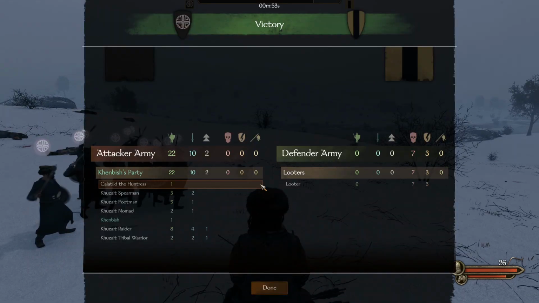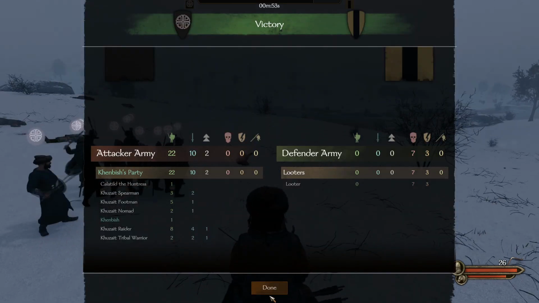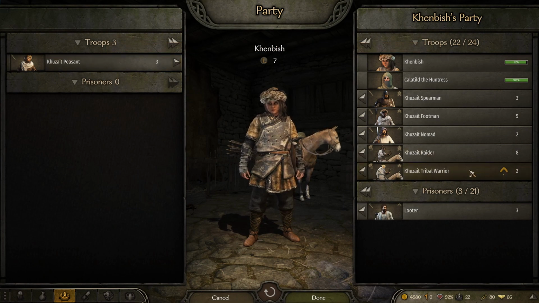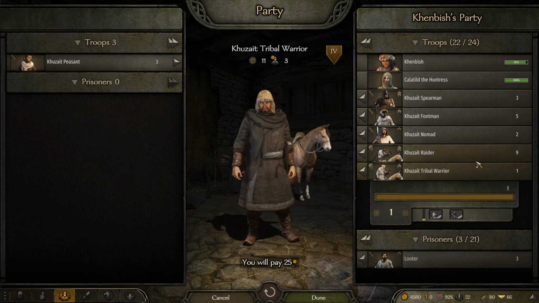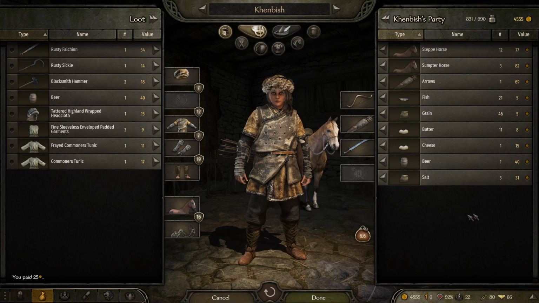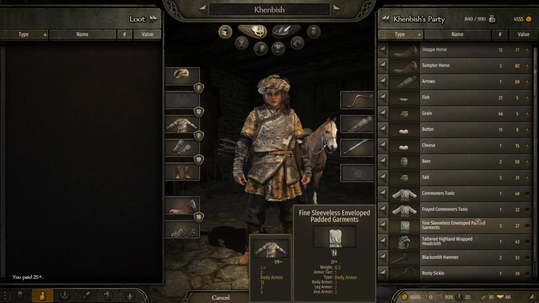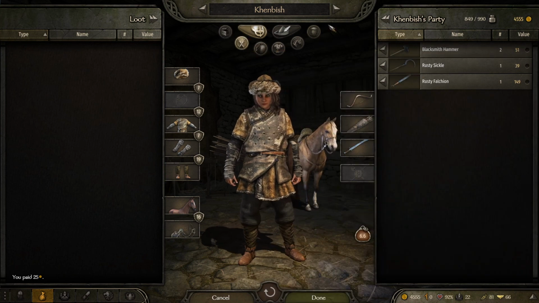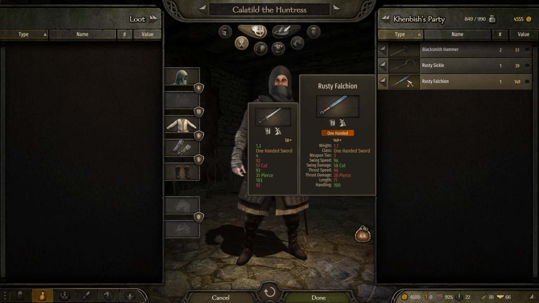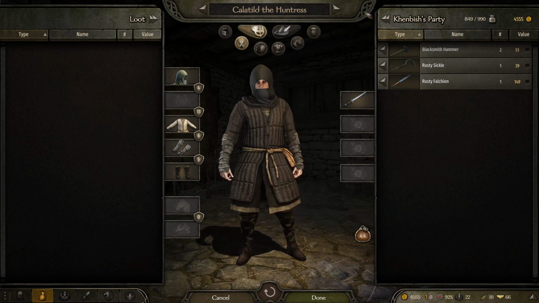I know many players are fixated on levelling up their combat skills, but to be honest, I'm more interested in levelling up the softer skills we actually pick up. We've got a Khuzait Peasant, not really interested, and we're just going to promote him. Still not getting a promotion with our Khuzait Mings. Of course, remember that every time you promote someone, they want more wages. My Rusty Falcon, I think she probably needs